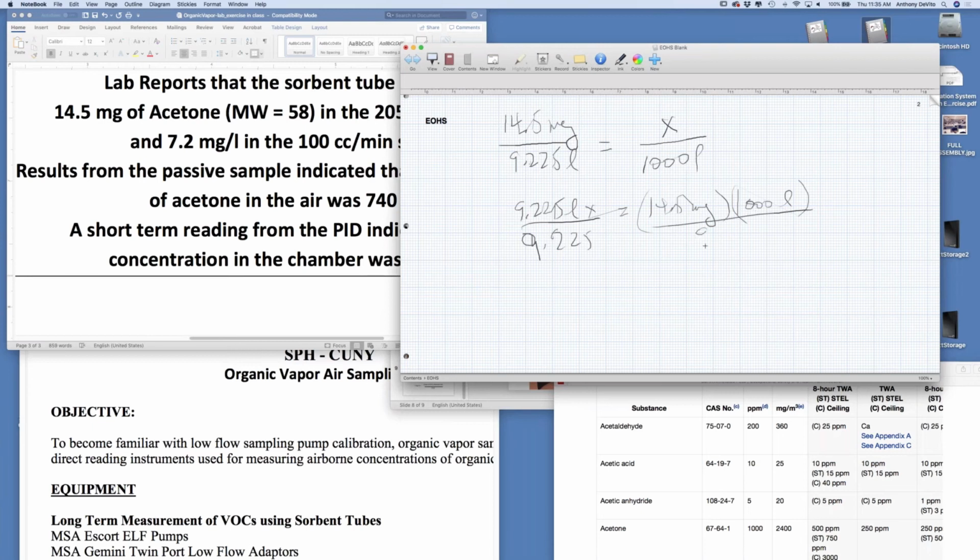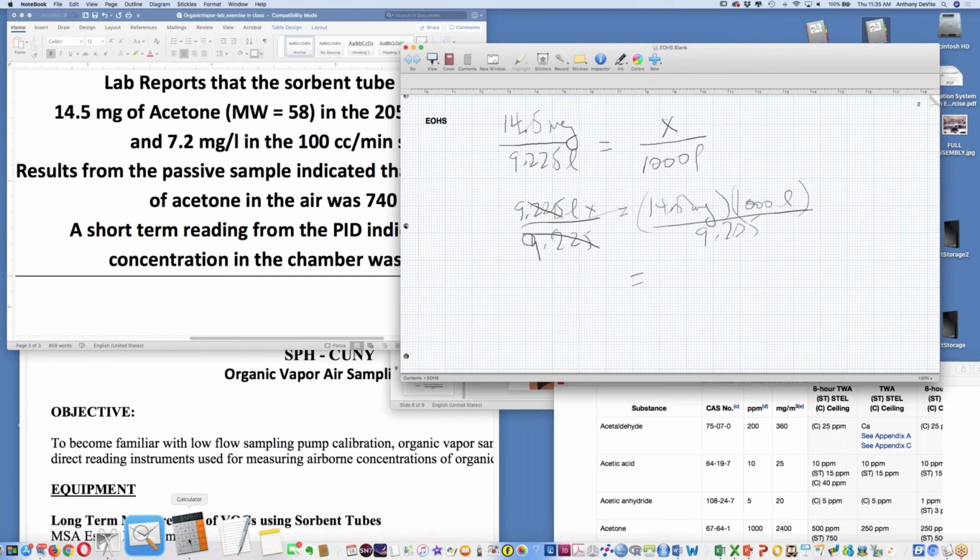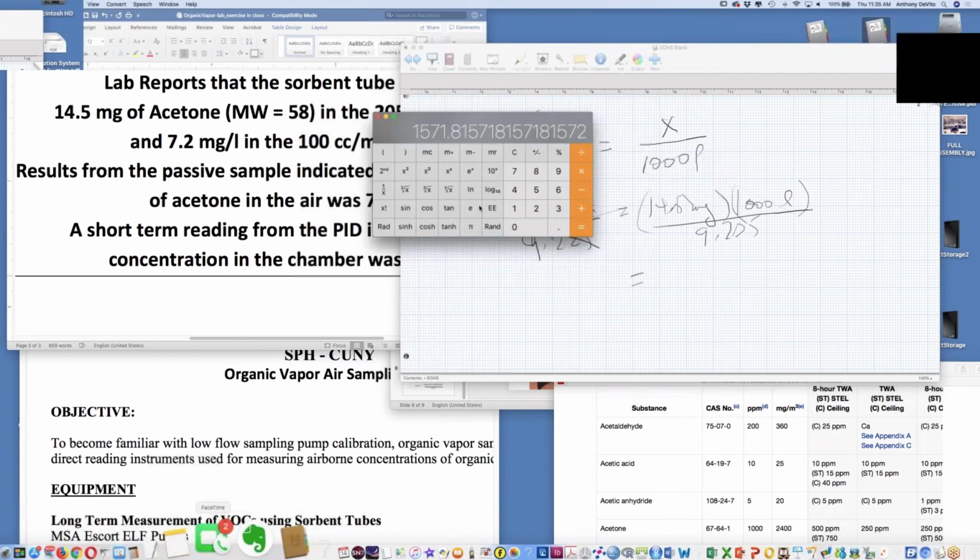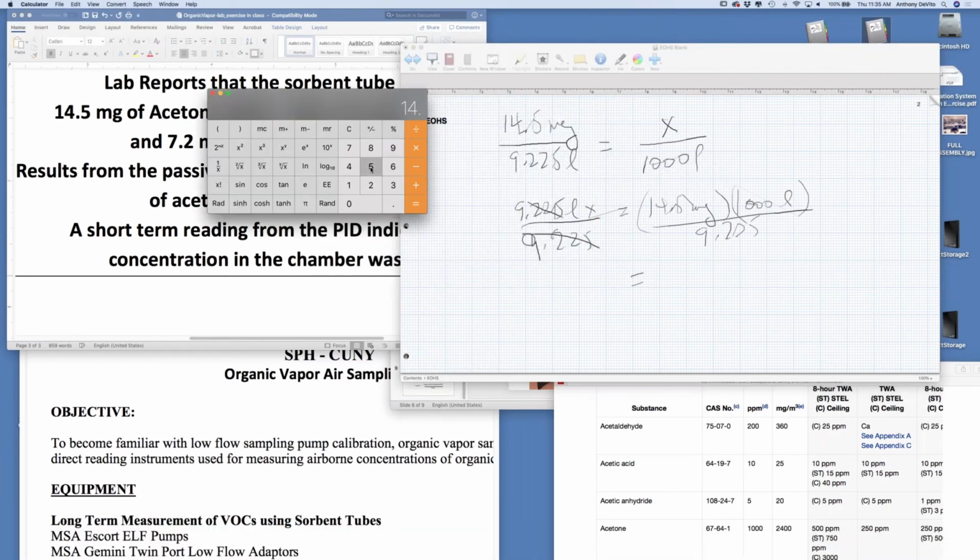Divide this side by 9.225 as well. And we wind up with, let's do our calculation here. Here's our calculator. And I'll clear this out. So 14.5 times 1,000 equals 14,500 divided by 9.225, and we wind up with